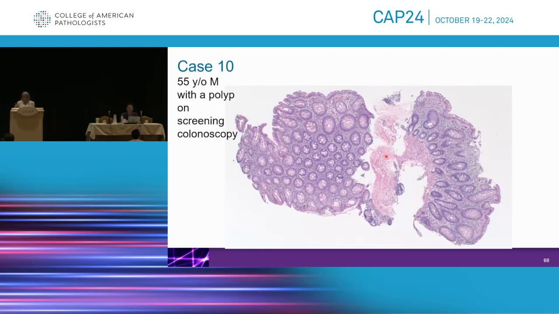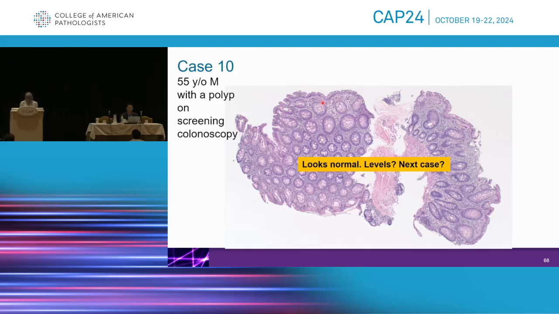I think it was called maybe an early hyperplastic polyp, which may be a fine description. But as we looked at it, we noted that something was not quite right, even at low power here. But super easy to say that this is normal and move on to the next case if you're busy. But at low power, you can appreciate that there's just this subtle accentuation of the surface epithelium that looks a